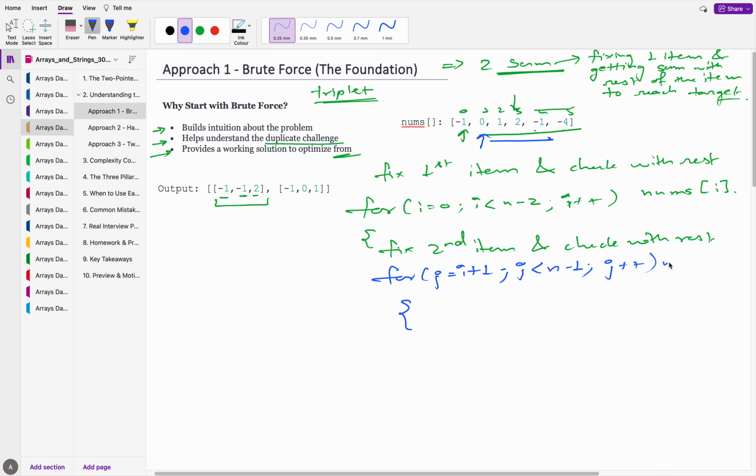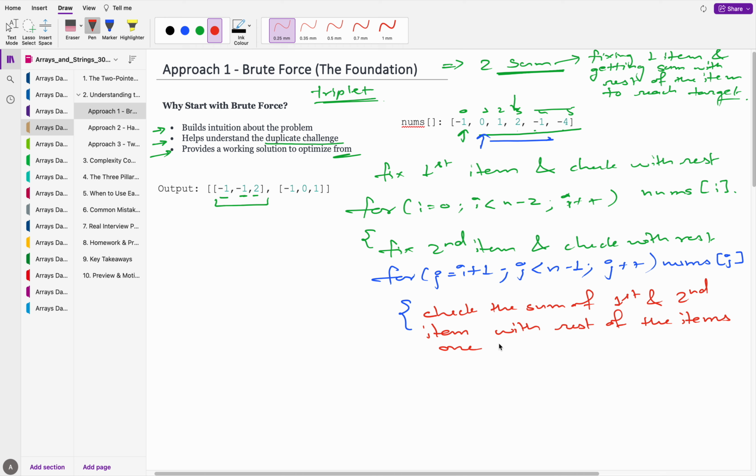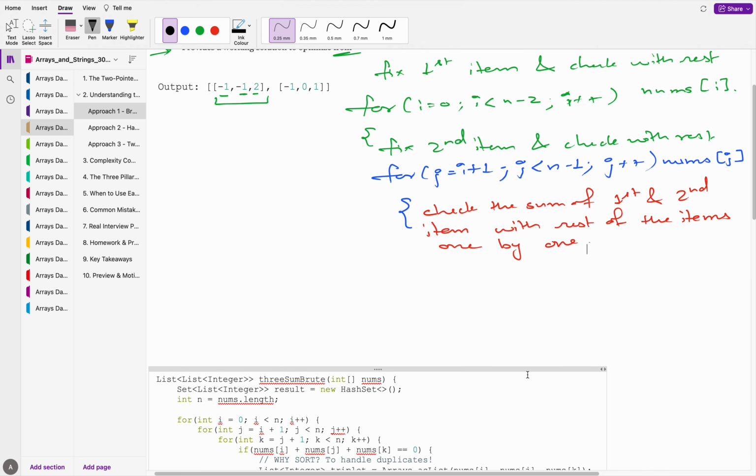The second item is fixed. The second item is nothing but nums[j]. Okay, now the third item. Now check the sum of the first and second item with the rest of the items one by one. So what do we need to do for that? Take one more loop, okay. Just take one more loop and write it as